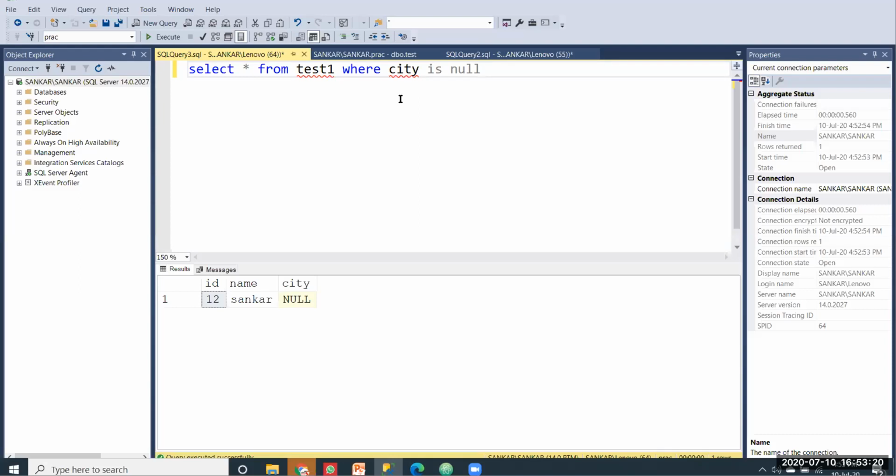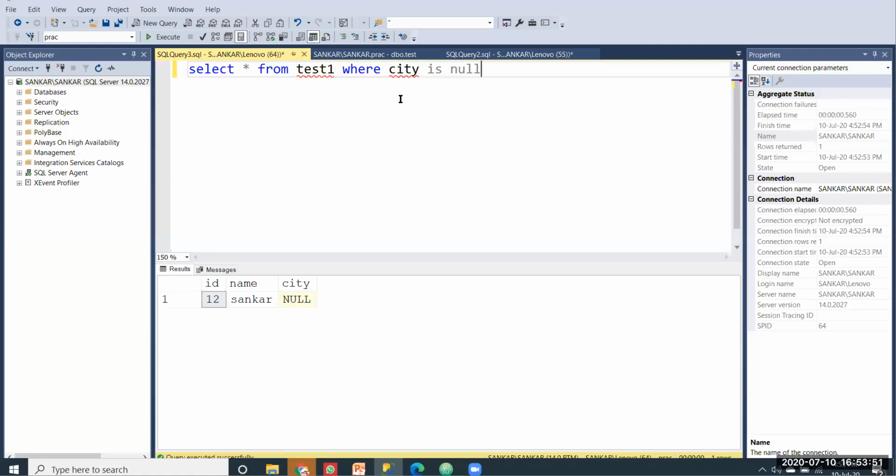So if you use the is null condition, you can grab the records, the cells having a null value. Then you can update them one by one, or you can update all the cells in a single shot.